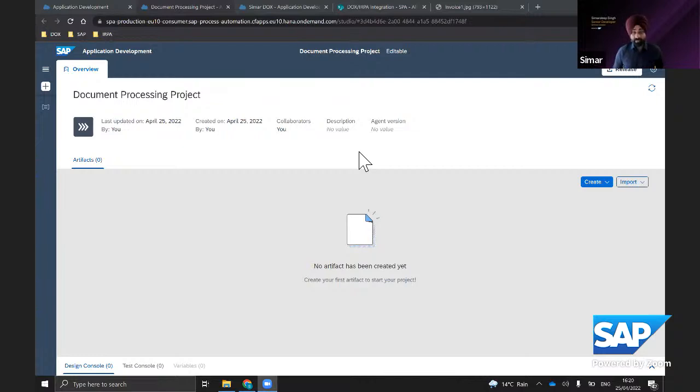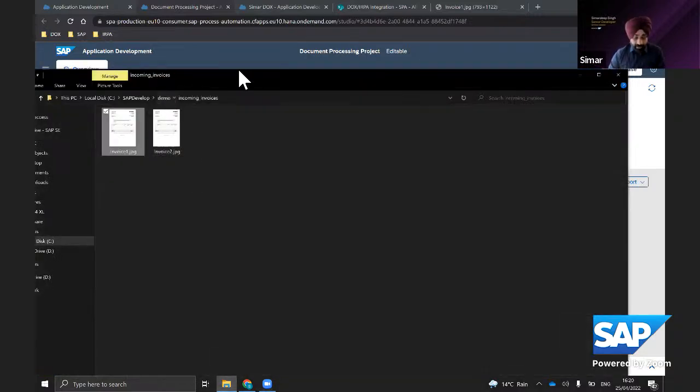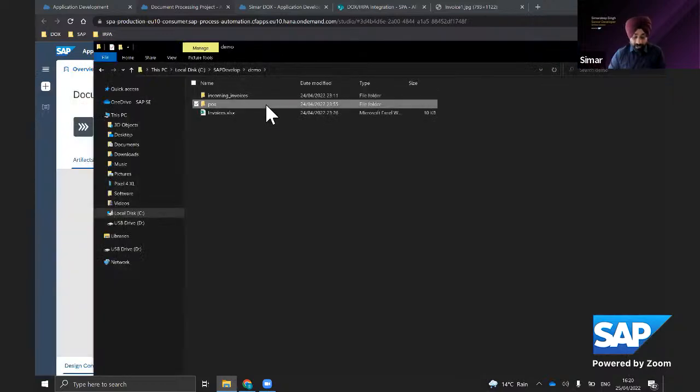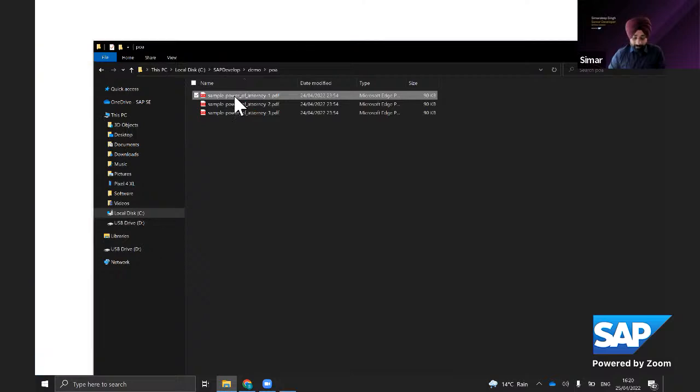So in SAP Process Automation, we have divided this into three categories. The first category is when you don't know the structure of the document. That means you are not sure of the document structure, but you need to extract some data out of it. Let's look at a scenario with power of attorney documents.